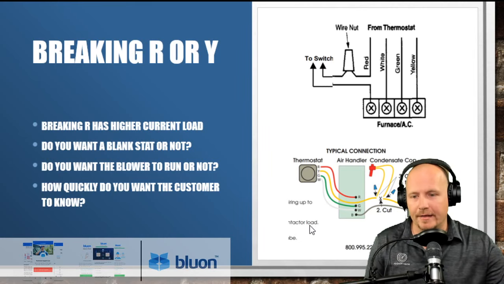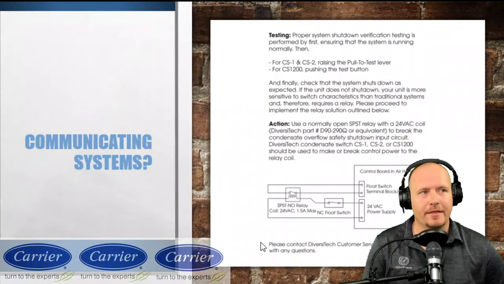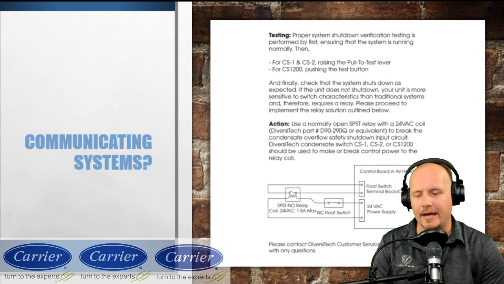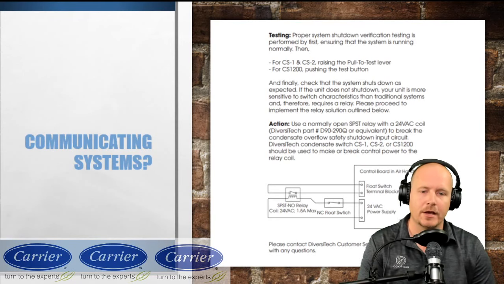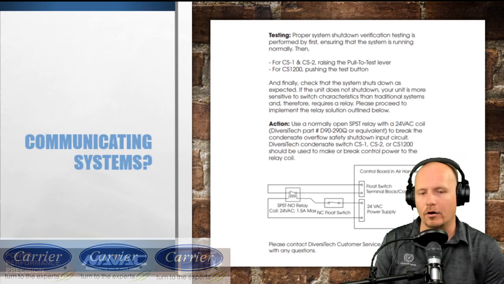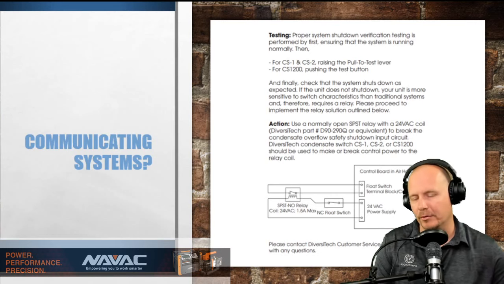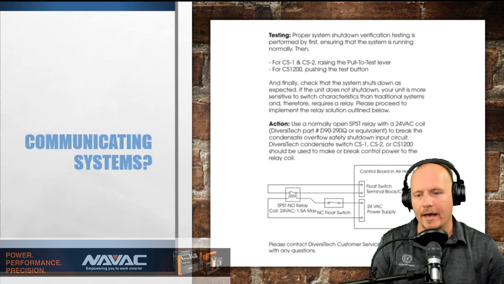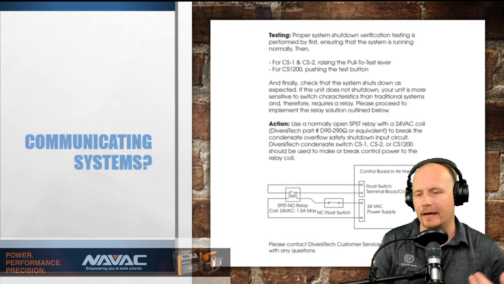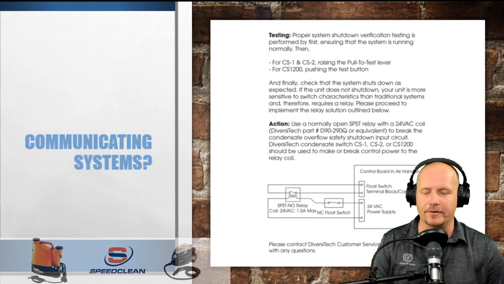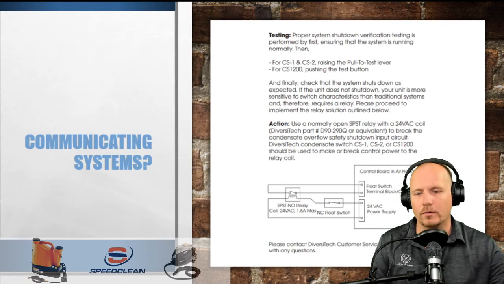which is that breaking R has a higher current load. Here's something that I found in some of the notes from Diversitech, which is interesting. As we have more and more communicating systems, you're actually not breaking R or Y. You're breaking their proprietary connection or putting a call on their proprietary connection. So a common one is like Carrier uses the G terminal. And so you can set up the G terminal as sort of your condensate overflow point. And so